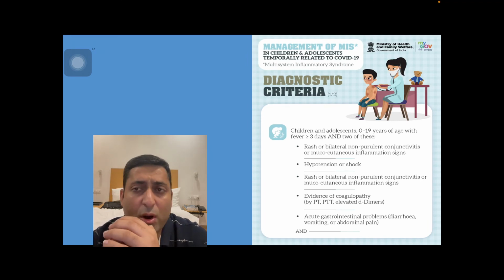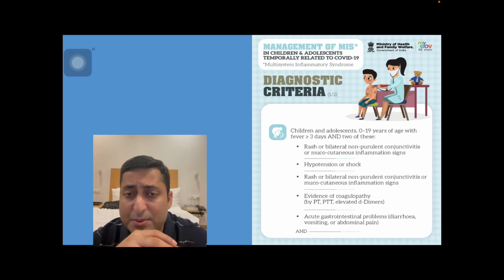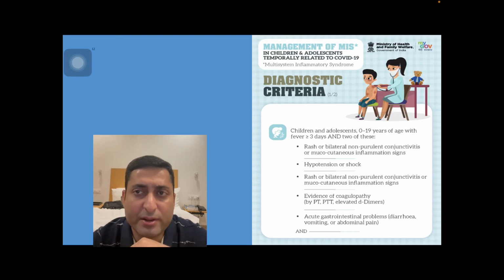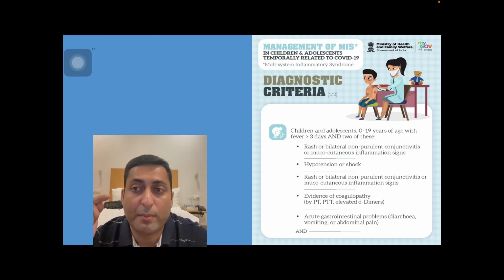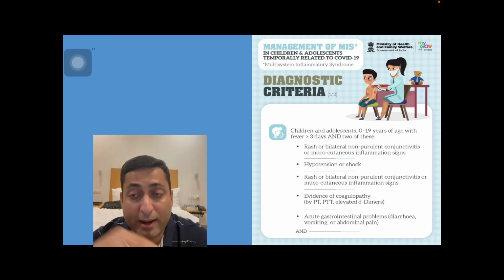So one thing, it is very common, it is in the news, that MIS, multi-system inflammatory syndrome, develops in children with severe COVID-19. What is MIS? MIS criteria: children and adolescents 0 to 19 years of age with fever for more than 3 days and any two of these: rash or bilateral non-purulent conjunctivitis or mucocutaneous inflammation signs, hypotension or shock, evidence of coagulopathy by PT, APTT, elevated D dimers, and acute gastrointestinal problems like diarrhea, vomiting, and abdominal pain,